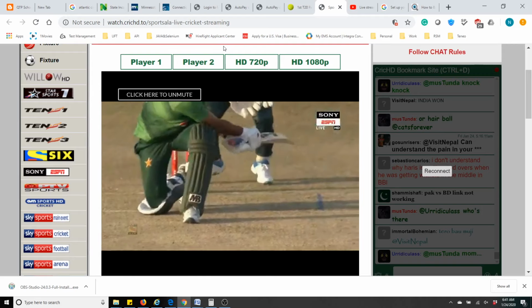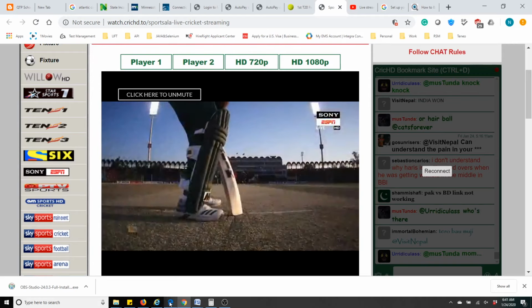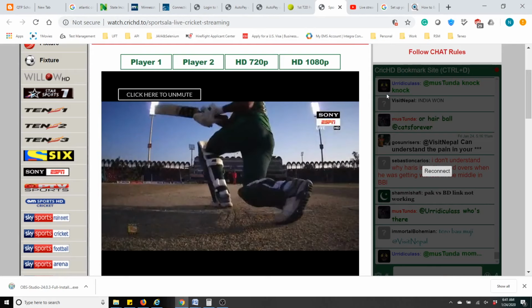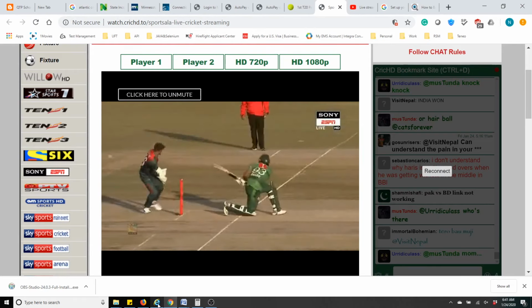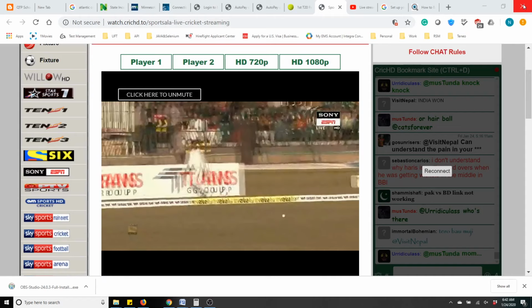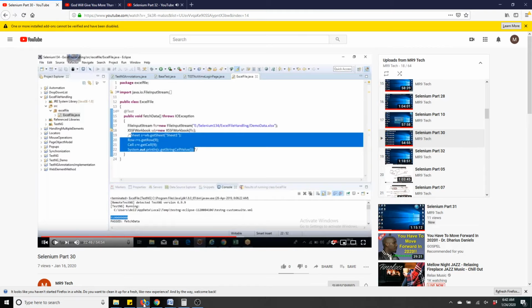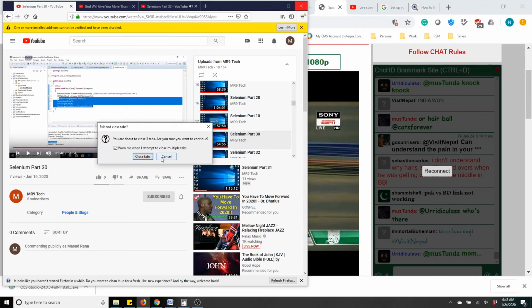Do you have any documents for the installation? Documents I'll share. But until and unless you see the UI part, taking the documentation is of no use. You can't understand the documentation. And JP, is it dependent on Selenium version? Sorry? Is Jenkins installation dependent on Selenium version? No, whatever version